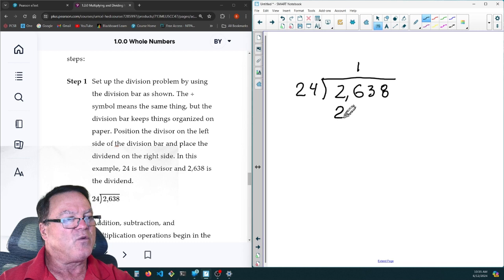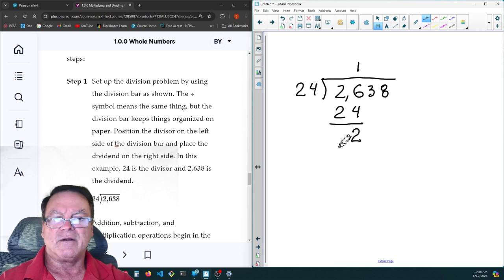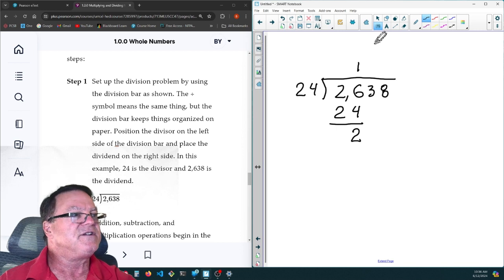So we'll write down our 24 below the 26 and we'll subtract the 24 from the 26. 6 minus 4 equals 2. And 2 minus 2 equals 0. I don't have to write the 0. If it helps you to write it, go ahead and write it. Now we're going to bring down the next digit. We want to bring down this 3 and write it next to that 2